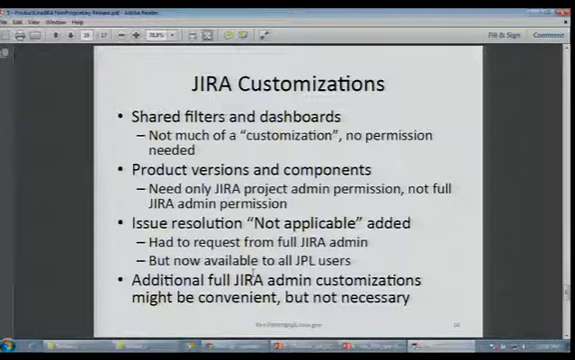I did have to add the issue resolution "not applicable" because I really wanted that because it's key in a product line, but none of the stock issue types that were provided sounded like "not applicable." So for that one I had to get the full JIRA installation administrator to add that issue type. But that wasn't that difficult, and once I've done that, that is available to all the JPL users of the